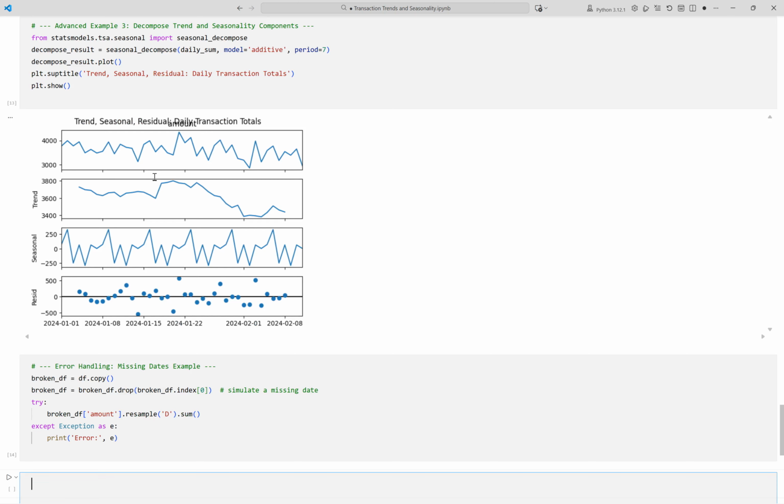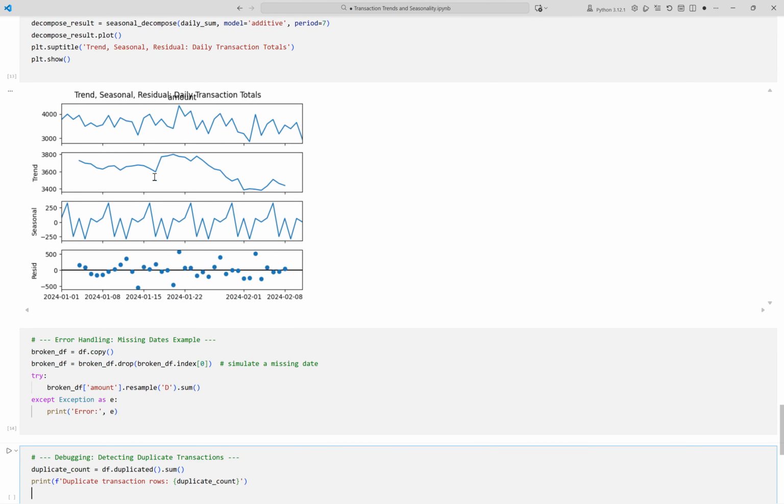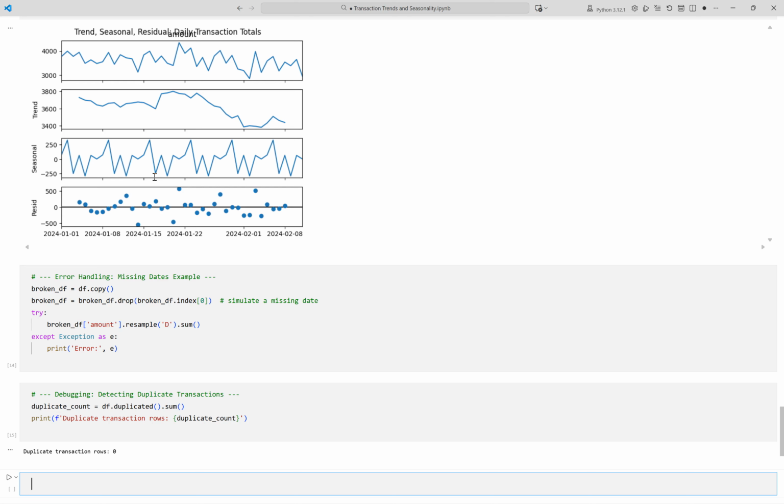Duplicate records can cause misleading spikes. Let us detect them in our data. We check the dataset for duplicate rows. We print out the count of duplicates found. Running the cell now. This output shows there are 0 duplicate transaction rows in the dataset, confirming the data is